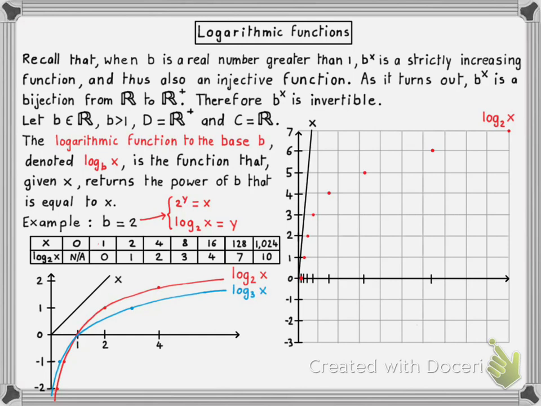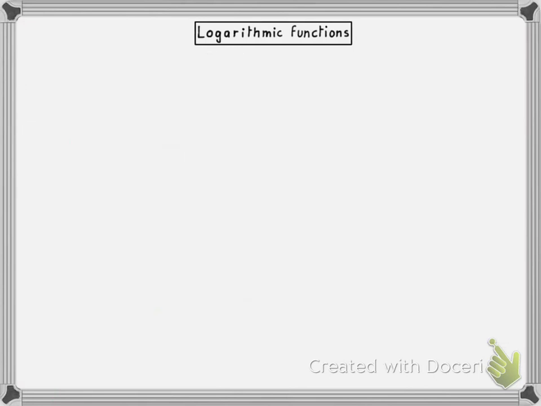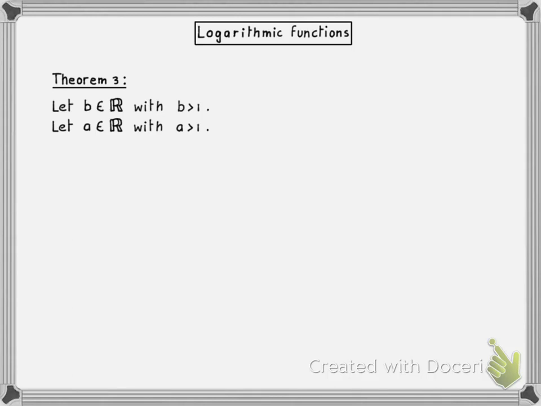Now let's briefly discuss a theorem pertaining to logarithmic functions. This is the third theorem in this lecture. Let's assume that b is a possible base for a logarithm, namely it's a real number greater than 1. Let a be another possible base for the logarithmic function. Let x and y be positive real numbers so that you can feed both x and y to the logarithmic